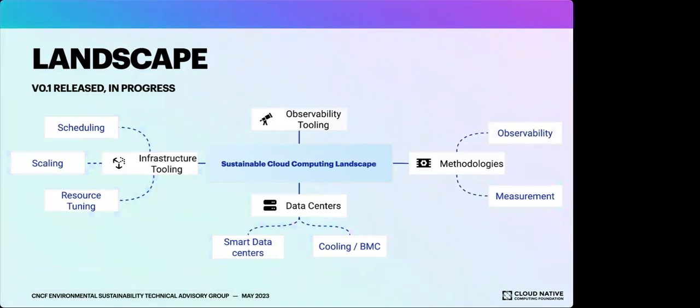And then also on the right side, there are methodologies. So basically, what are the overlying methods to observe our cloud native systems? Maybe there's room to build standards for our industry, to discuss with cloud providers how to measure their resources and so on. So this is a very high-level overview. Things like network, for example, are missing. So I guess in the next version, that's something that we will for sure add.